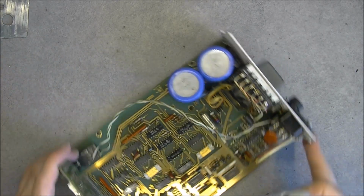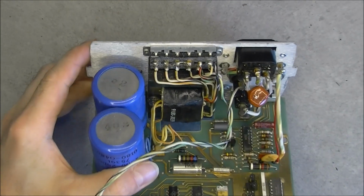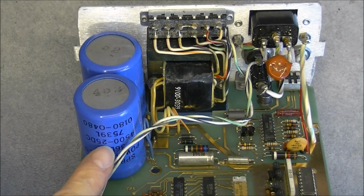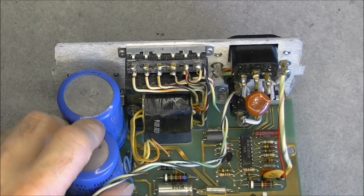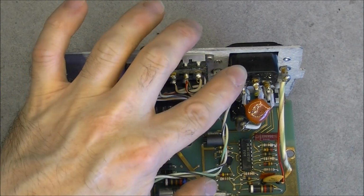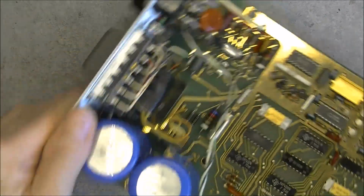I will zoom a bit, start at the back. Big capacitors here and a date code of 1975 here. So this thing is as old as me. Linear transformer here, voltage selector here, IEC input, fuse, and main circuit board with the